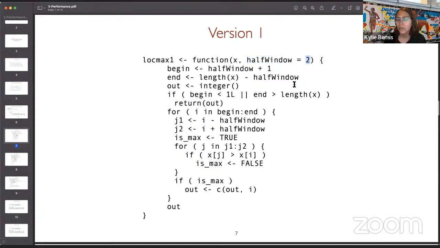So half window being 2 means we're going to be looking at any intensity and the 2 intensities to the left and to the right of it. So basically a window of 5 intensities. And so the way this works, we're going to,